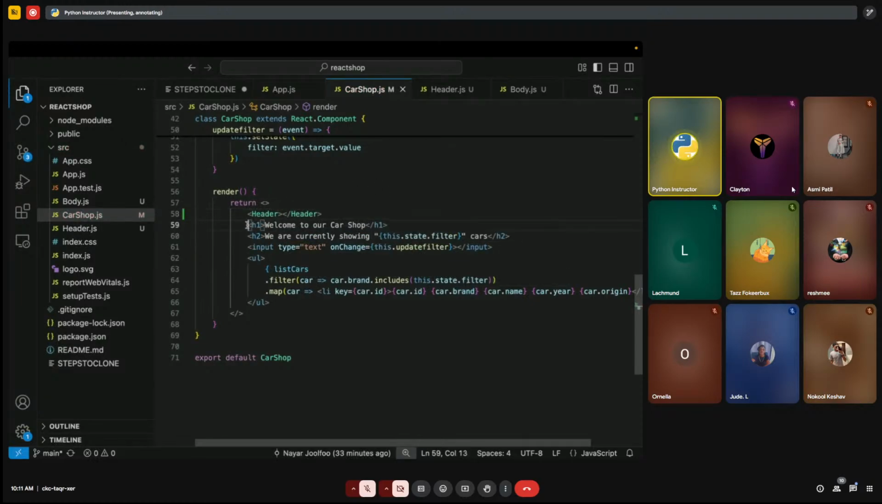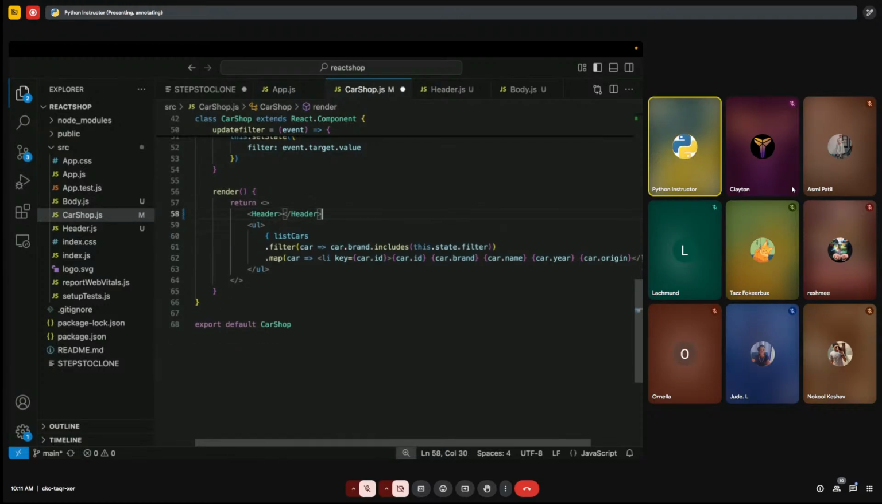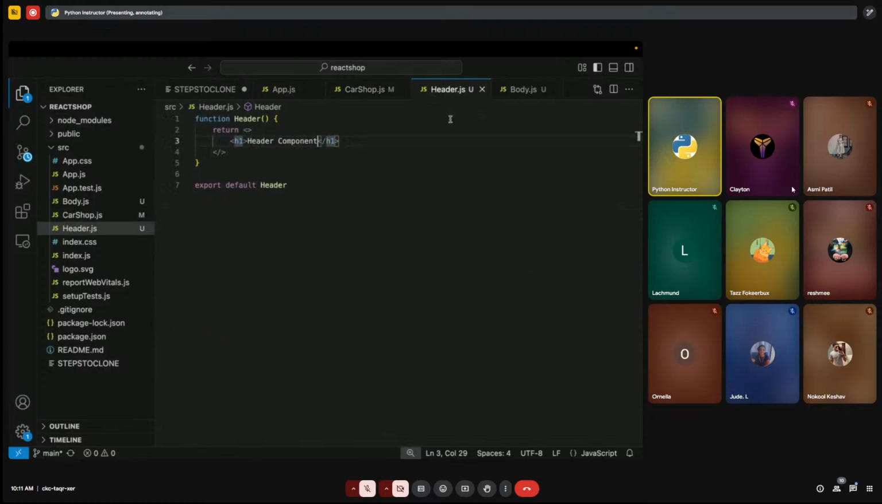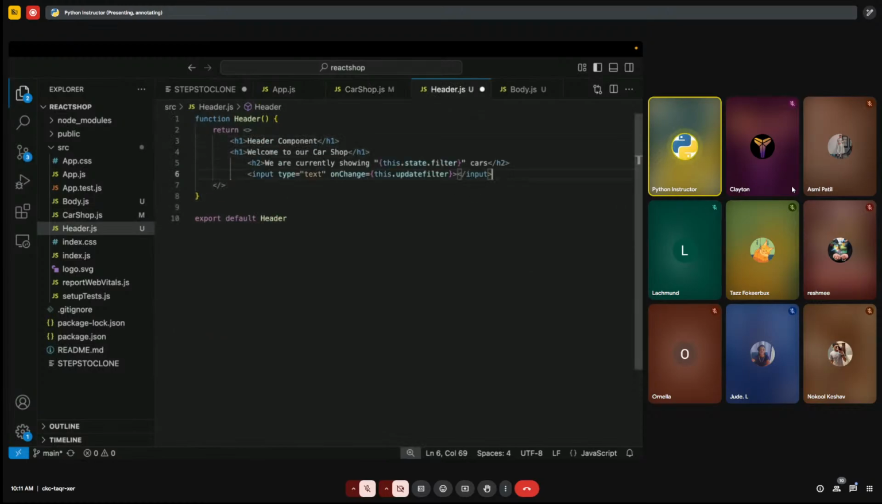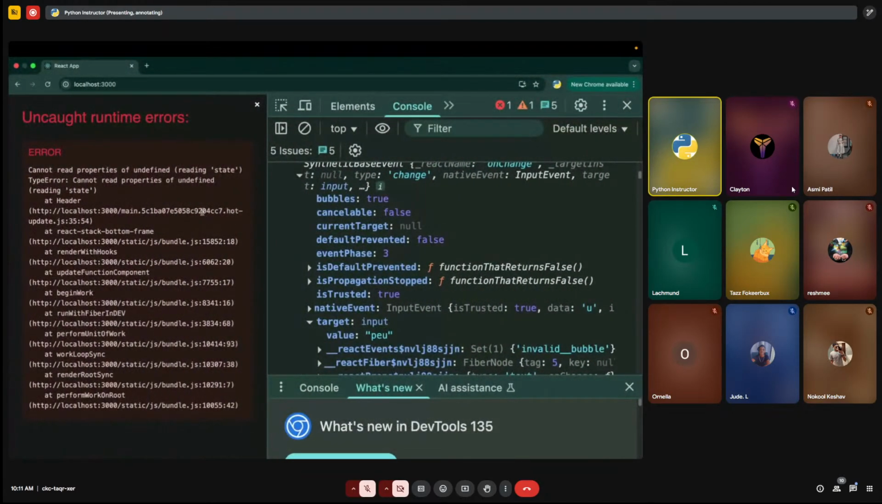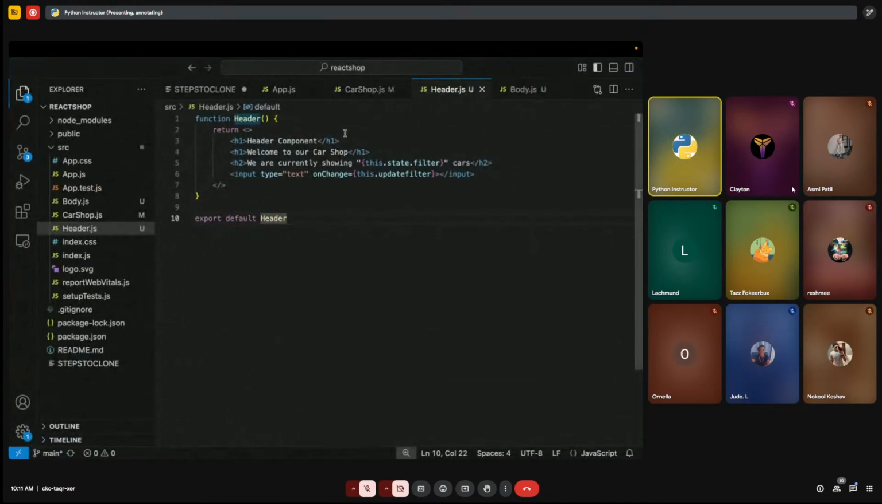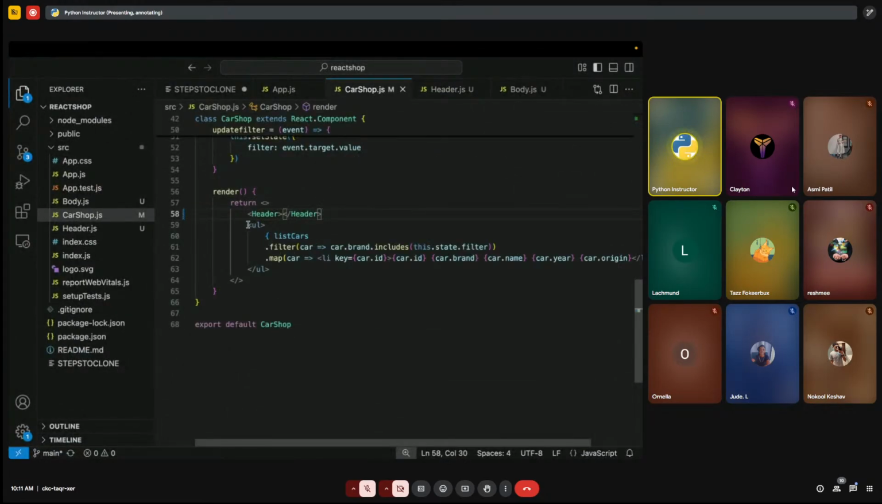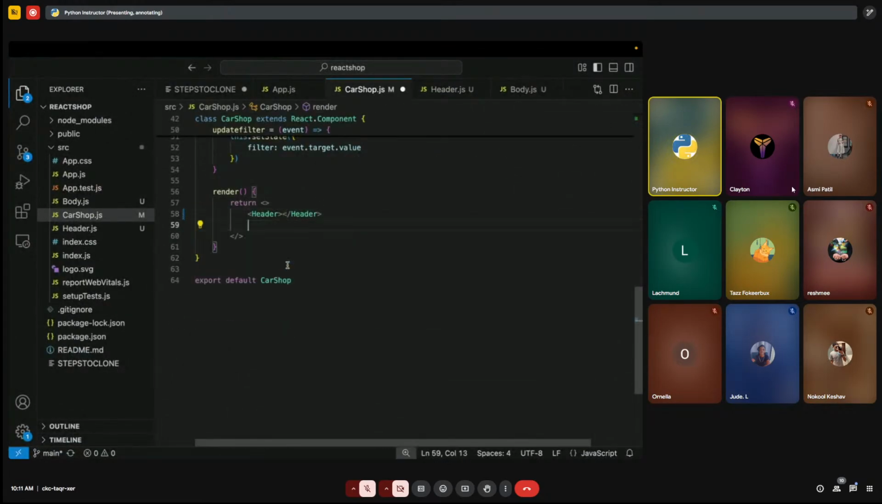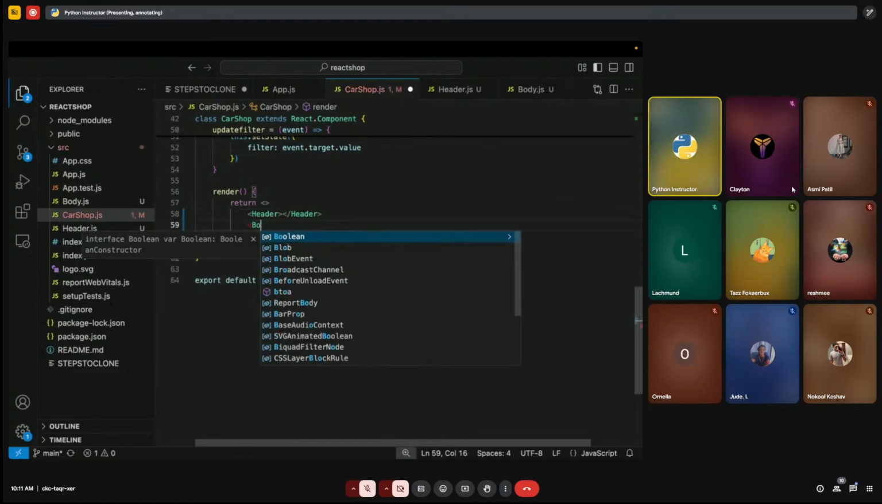So all these we want to send it to the header. Take this, we just paste it here. Okay, so we get some problem now. And this one, the body,